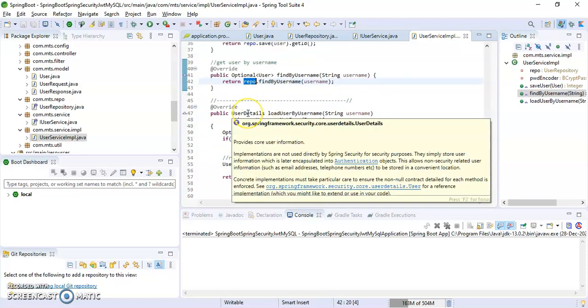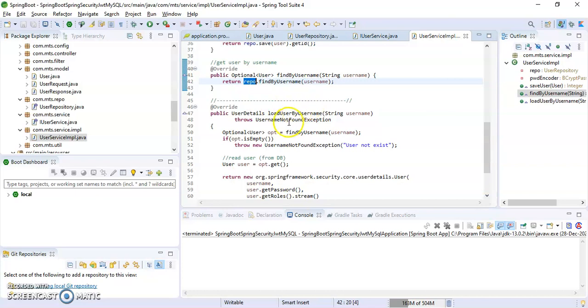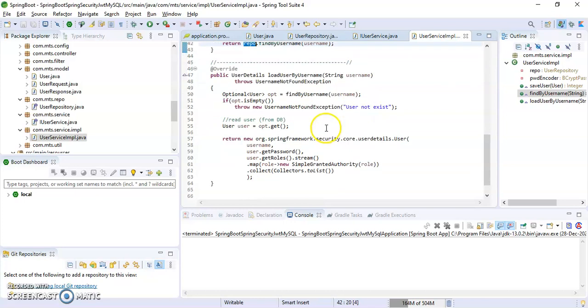Then you have to implement loadUserByUsername, which is a predefined method from the UserDetailsService interface. So it will throw UsernameNotFoundException if the username is not found. It will return an Optional; if it is empty, username not found, user does not exist. And if it is found, it will return the password and roles